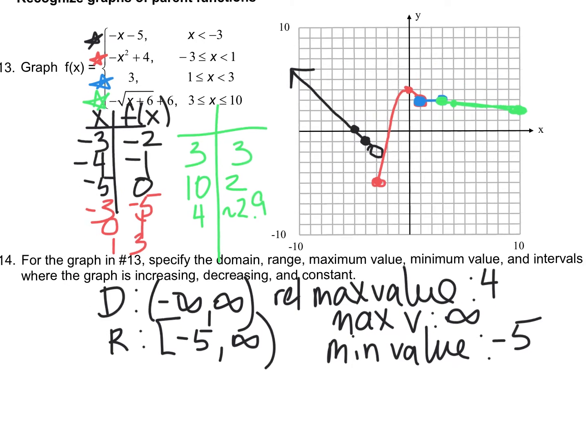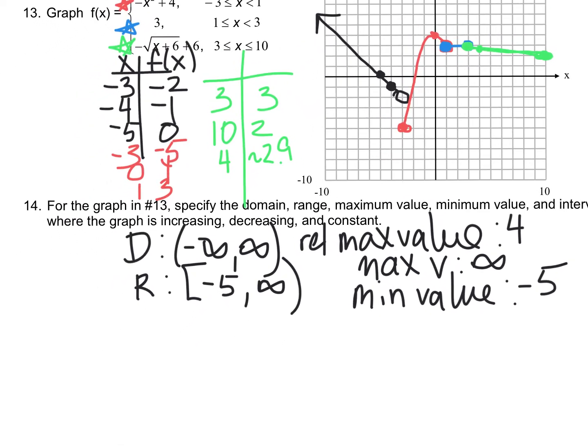Next, intervals where the graph is increasing, decreasing, or constant. This is my suggestion: you write increasing, you write decreasing, you write constant. You start from the left-hand side and move to the right. It's decreasing, decreasing, decreasing until we get to that point. So negative infinity up to the x value of, what was that again, negative 3. So we're decreasing from negative infinity to negative 3. And for increasing, decreasing, constant,